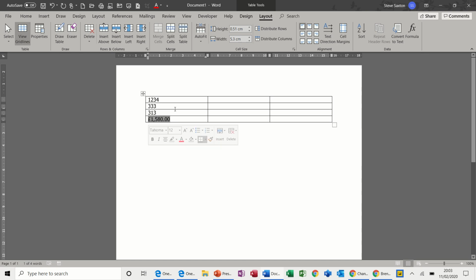So to get that to update, you need to update fields. You can do that with the F9 function key, which I just did there. So if I just delete some figures, highlight the total at the bottom, press the F9 function key, and then it should update. Like so. Now that's a straightforward sum, so if I add some more figures in this column,